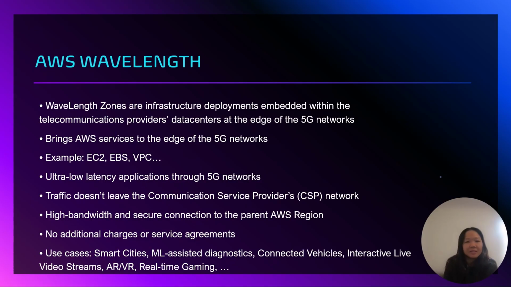AWS Wavelength Zones are infrastructure deployments embedded within the telecommunication provider's data centers at the edge of the 5G networks. They bring AWS services to the edge of the 5G network. Examples: EC2, EBS, VPC, for ultra low latency applications through 5G networks. Traffic doesn't leave the Communication Service Provider (CSP) network. There is a high bandwidth and secure connection to the parent AWS region, with no additional charge